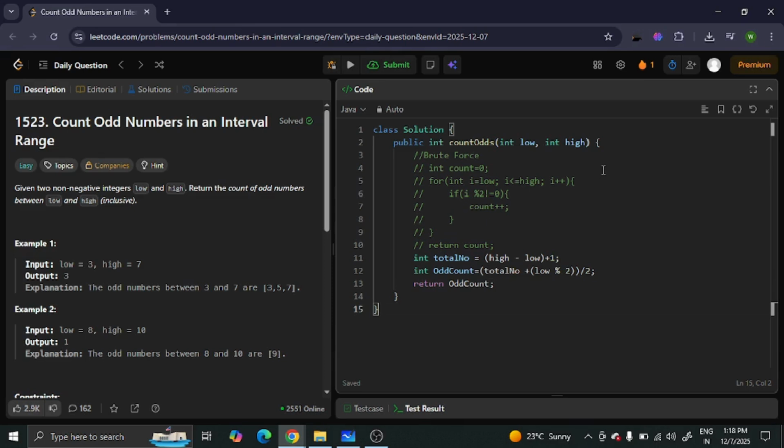You're given two non-negative integers called low and high. Your task is to count how many odd numbers exist between these two numbers, including both ends. For example, if low equals 3 and high equals 7, the odd numbers are 3, 5, and 7, so the output is 3. Another example, if low equals 8 and high equals 10, the only odd number is 9, so